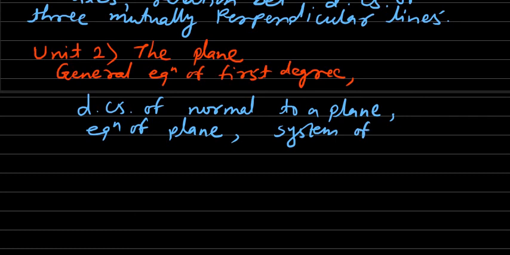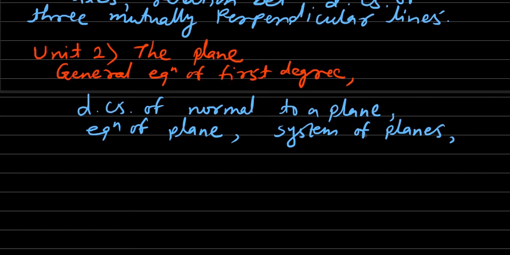System of planes means if certain conditions are given and we have to find out planes which satisfy those conditions. For example, if 2 points are given, then obviously there will be infinitely many planes which pass through the given 2 points, and the equations of such planes can be obtained. Or there are infinitely many planes which are perpendicular to a particular line. So all these we are going to discuss in this article, system of planes.